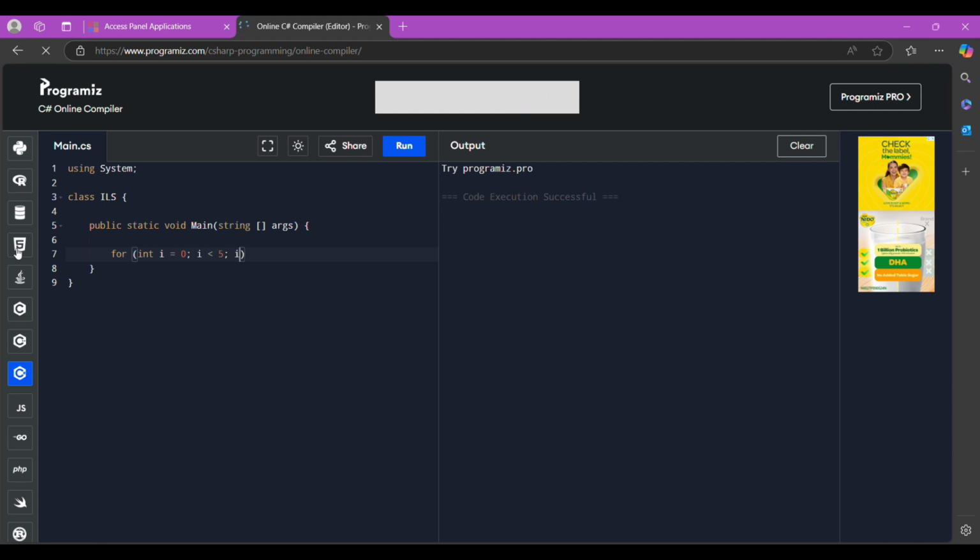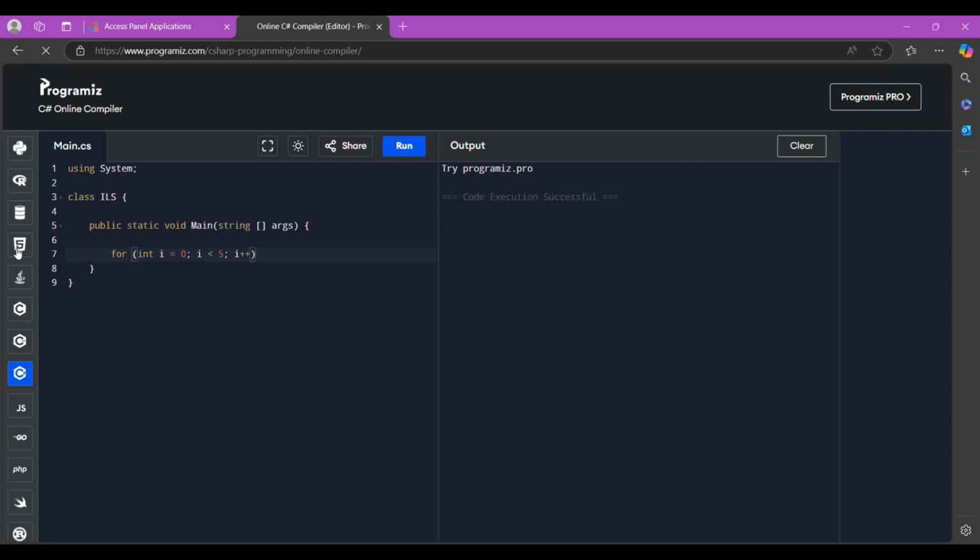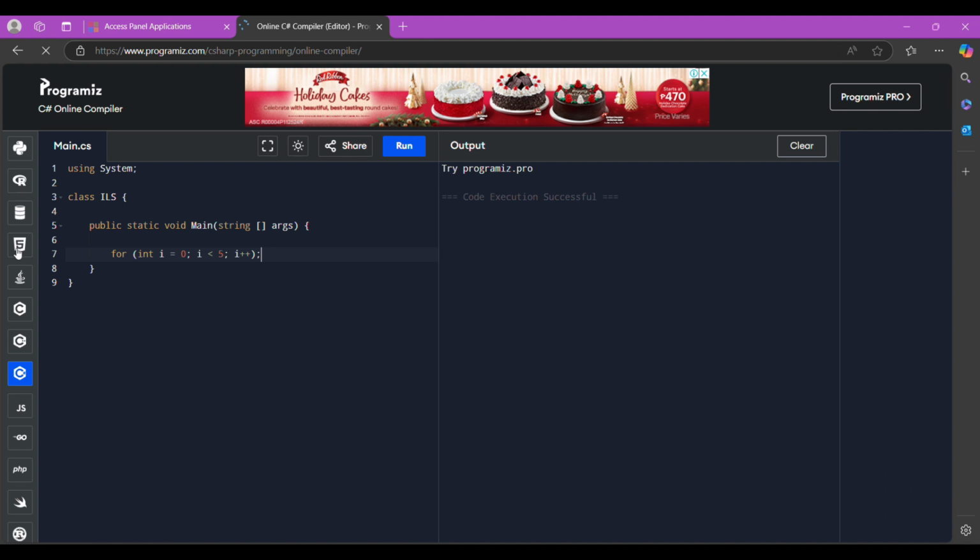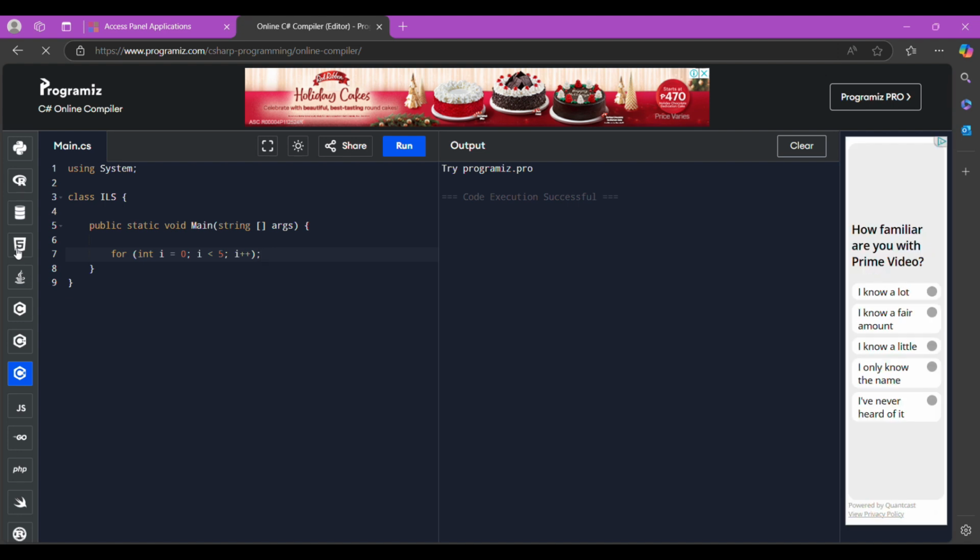Then the plus, then colon, then below that is a curly bracket.